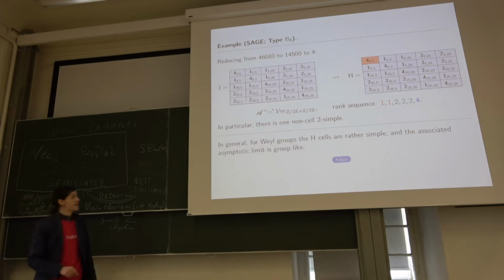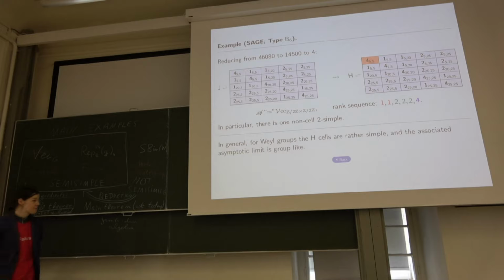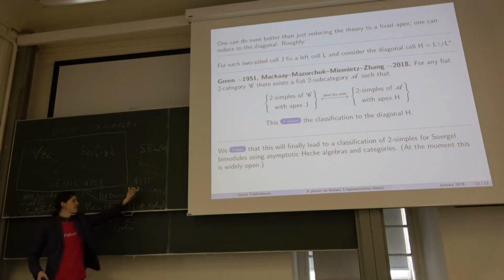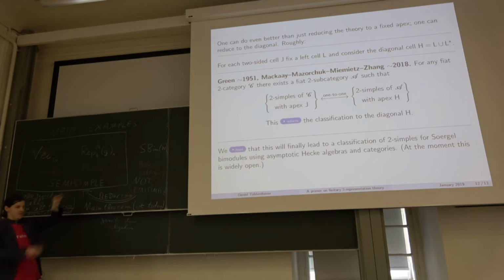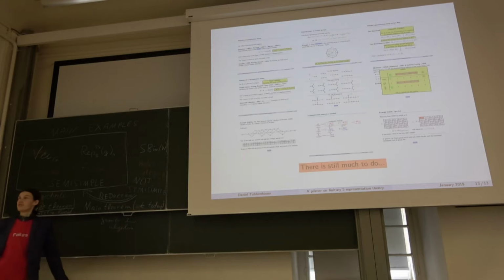The one thing to stress here is you reduce the problem from 50,000 elements to 4. And it doesn't get much worse. For instance, in type E8, you can reduce the problem from a cell with 400 million elements to a cell with 7 elements. Something like this. So the H-cell theorem is super powerful. So that's what we hope to prove. The main theorem we hope to prove: use this H-cell theorem to reduce to this case where you see something with 5 elements, 4 elements, whatever, and just use the classification here to get the classification here. But I'm out of time. Thank you very much.